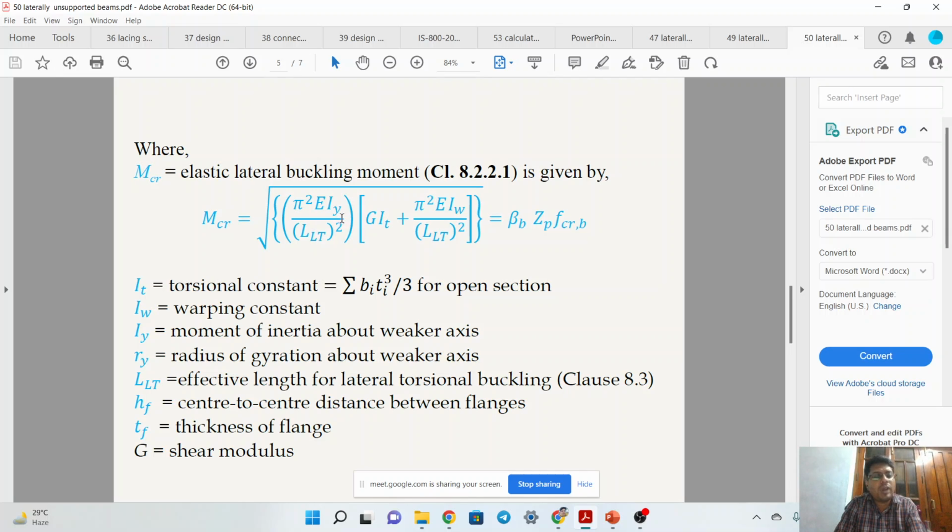Euler's buckling, what is the formula of Euler's buckling column? P equals pi square EI upon L effective square. That is the critical load, the buckling load which we are calculating. But here it is calculating moment. So let us suppose load into some distance is equal to moment. So pi square EI, and the LLT, this is also again the loading part, plus